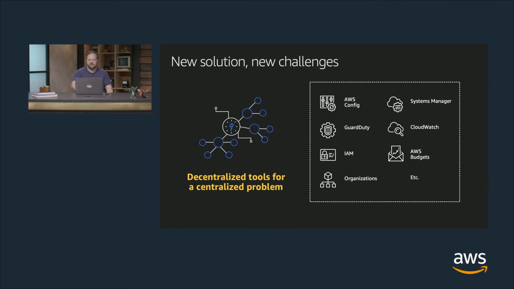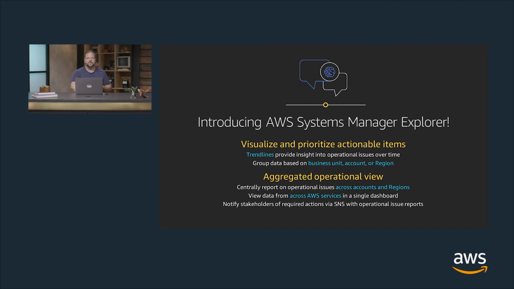So let's actually dive into that a little bit. If we take all that data and centralize it, we can definitely do that with some of the tools we have, but it's not necessarily easy, and it will take some cycles to set it up. Until now. Introducing Ops Center Explorer, AWS Ops Center Explorer. Ops Center Explorer allows you to visualize and prioritize actionable items. So it's taking items from AWS Ops Center and being able to look at them in a multi-account, multi-region view,